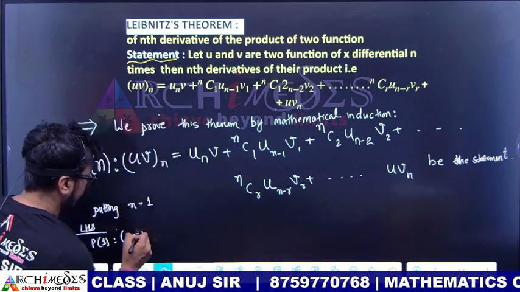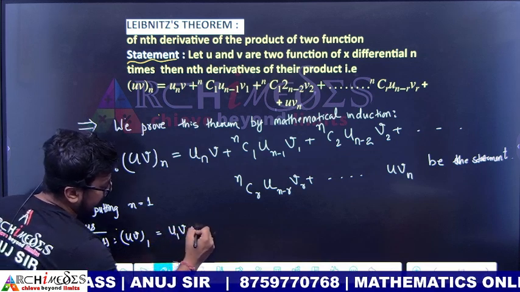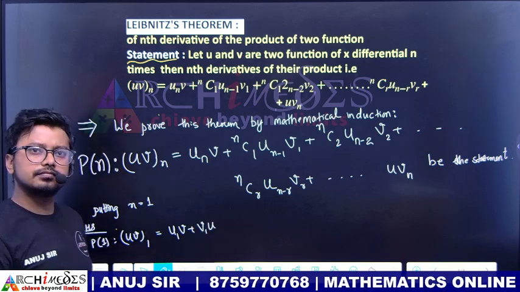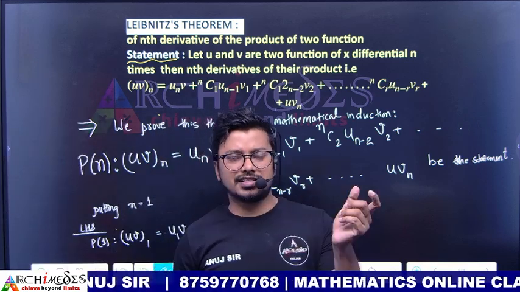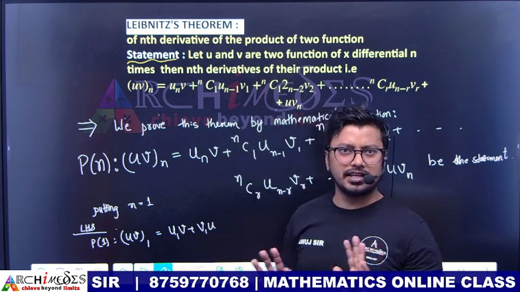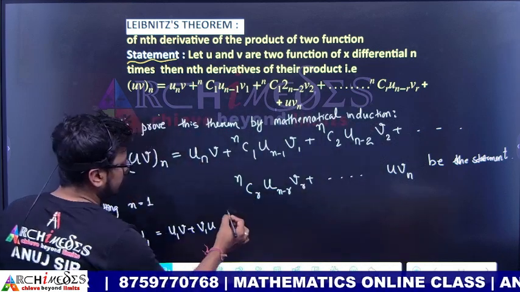Clear? So P(v) is equal to u v1. Can we write u1, then v, then v1, then u? Can we write this? What is the product rule? The product rule says that you have to keep one as a constant term and differentiate the other. So I'm keeping v as a constant term, u1 v. Am I clear? It is the same. So this is the LHS part. Clear? So in RHS,